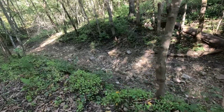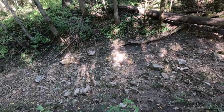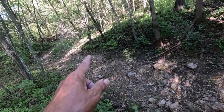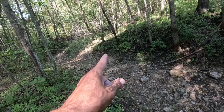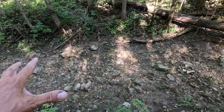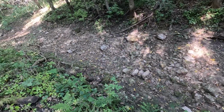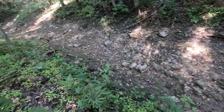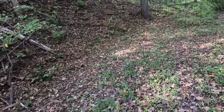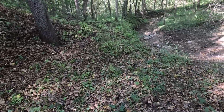Looking at what happened from that rain, you can tell the water was rushing like crazy down here. Usually the rocks are completely covered in moss and it washed it off almost all of the ones in the bottom. Yeah, pretty good rain. Okay, we'll call that 5